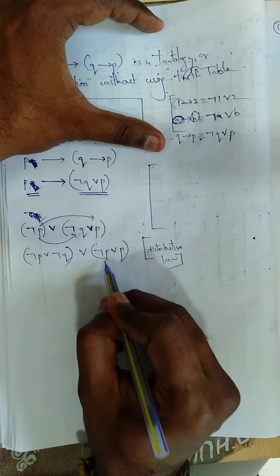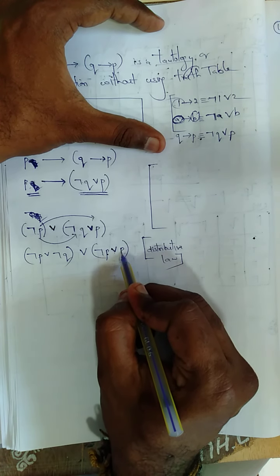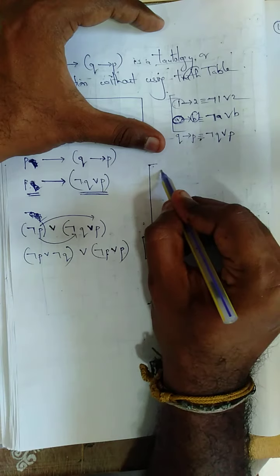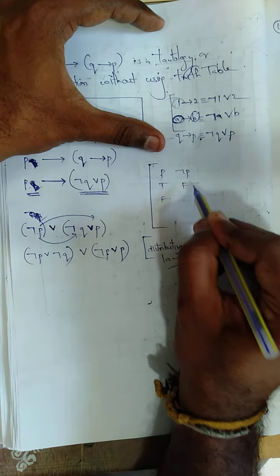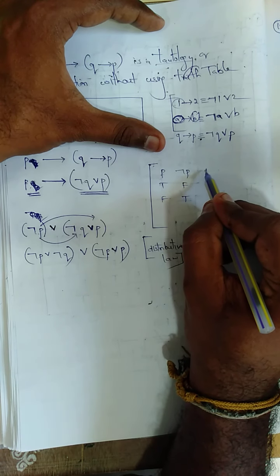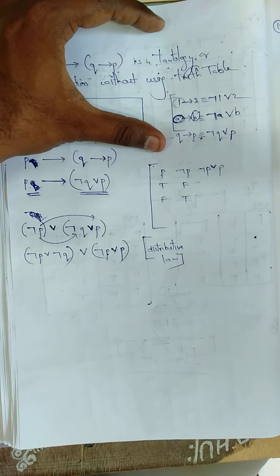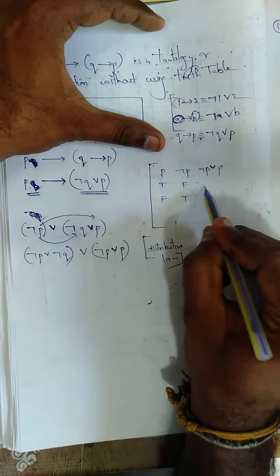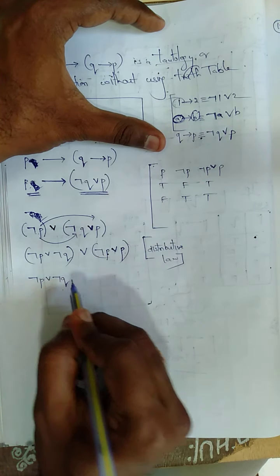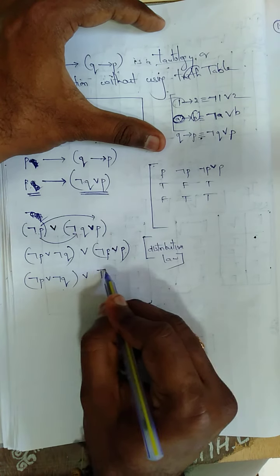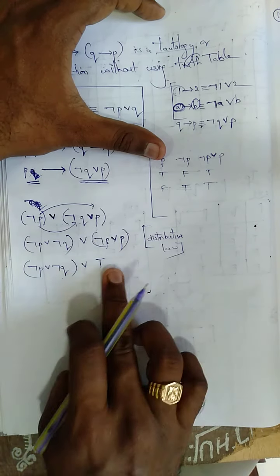I should not use a truth table, but I am going to use a truth table now. See, this is negation of P. This is P. If I take P, it is T F. Negation of P is F T. I want to use negation of P or P. What is or? F F only F, remaining all T. So it is totally going to be T. Negation of P or Q is totally going to be T. Once again I am going to use the distributive law only.